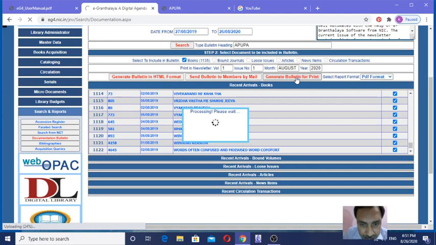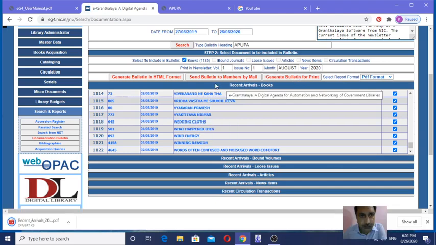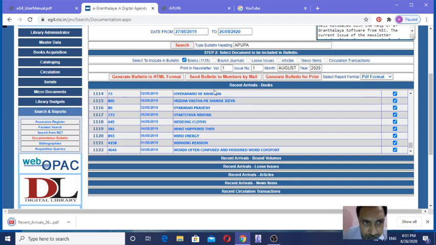eGranthalaya 4.0 is a cloud-based environment, so many improvements in comparison to EG3. This has also been downloaded. Now here, corner, bottom, left hand side. I am going to open this one.